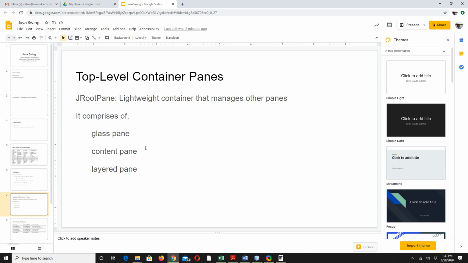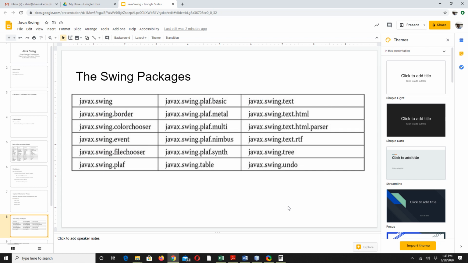Again, when we use them practically, you will get an idea. These are some of the important Java Swing packages. Java.Swing is the package at the top level. Then Java.Swing.text, plaf.basic, metal, multi.